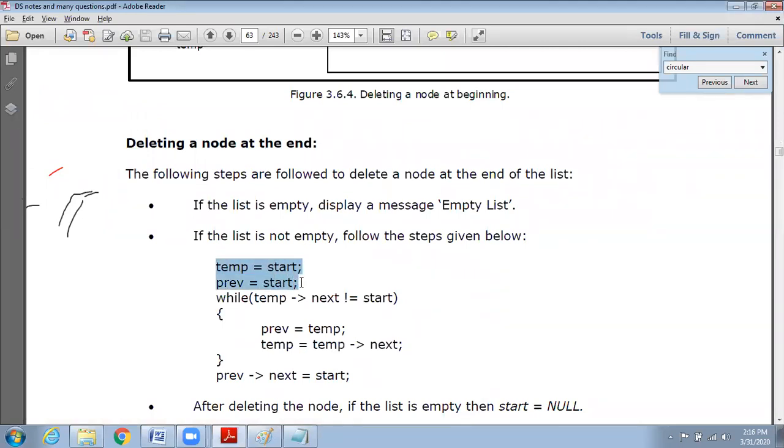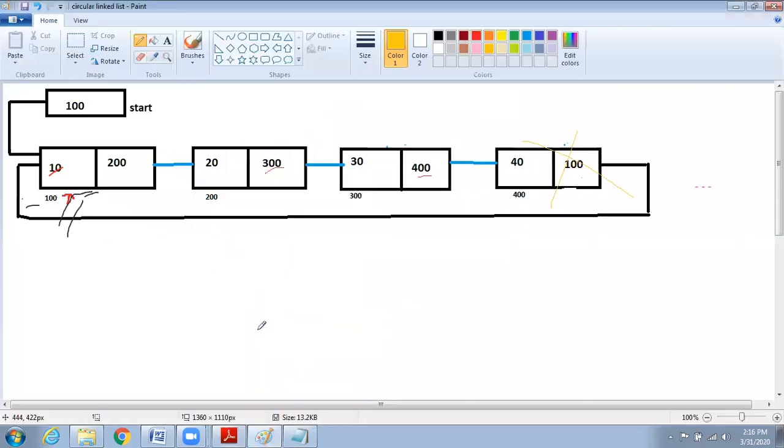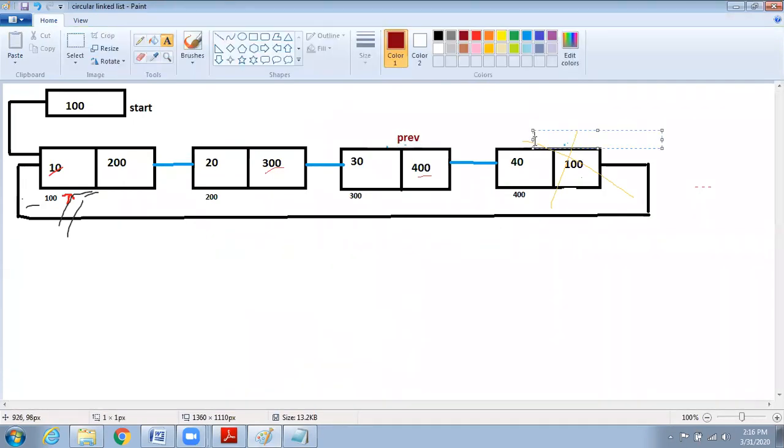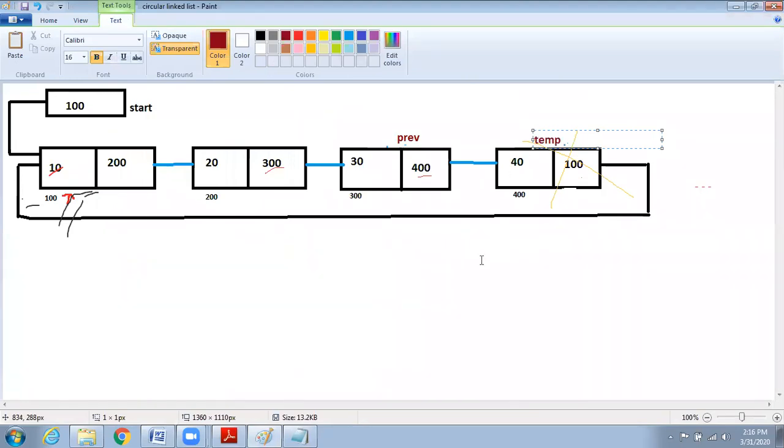I'm just initializing both temp and previous to start. As usual, I'm just changing the temp variable to temp's next. Also, I'm just tracking the previous also. So, while tracking, this variable will be previous and this variable will be temp next.